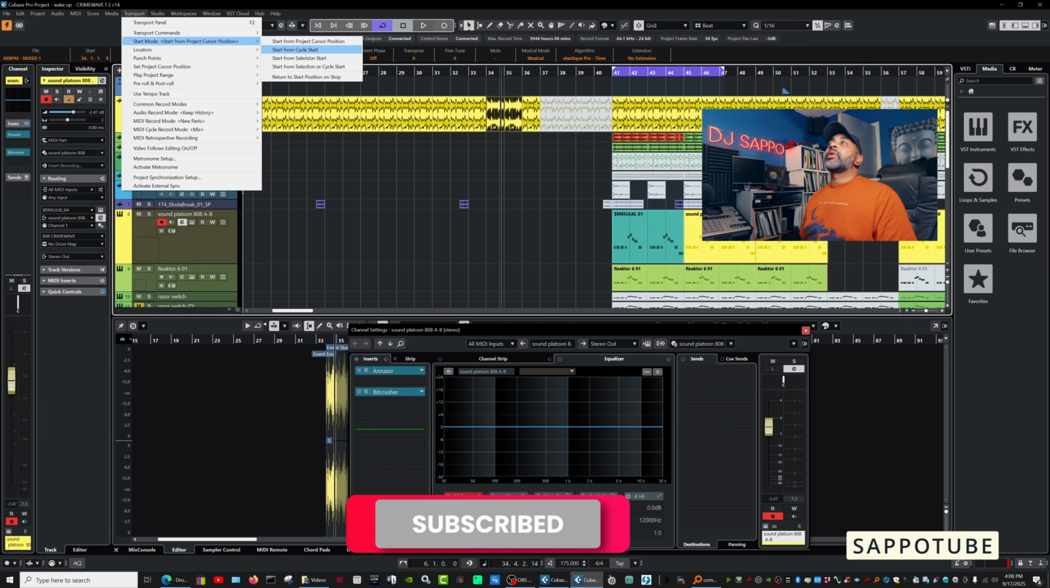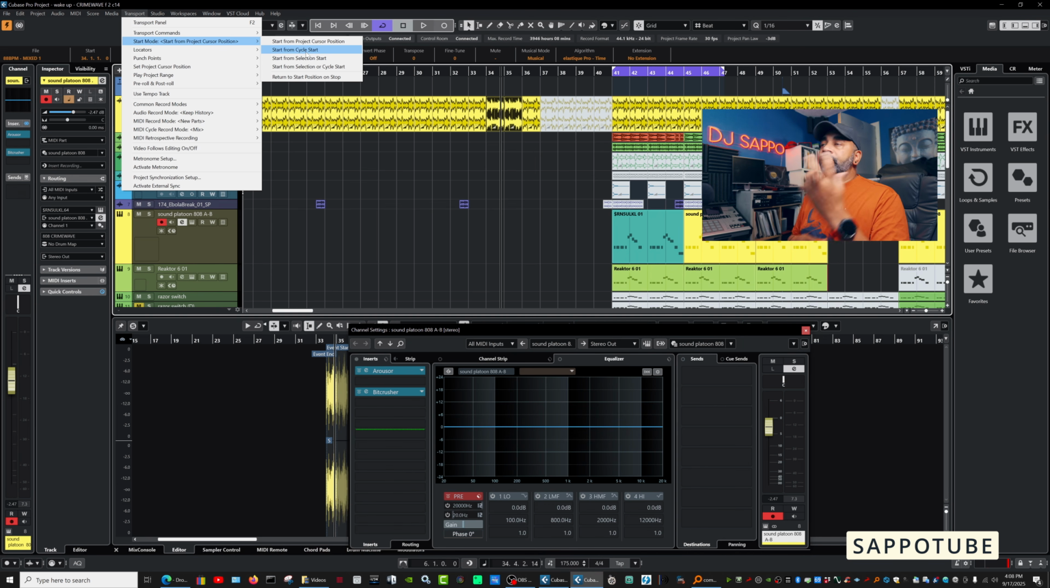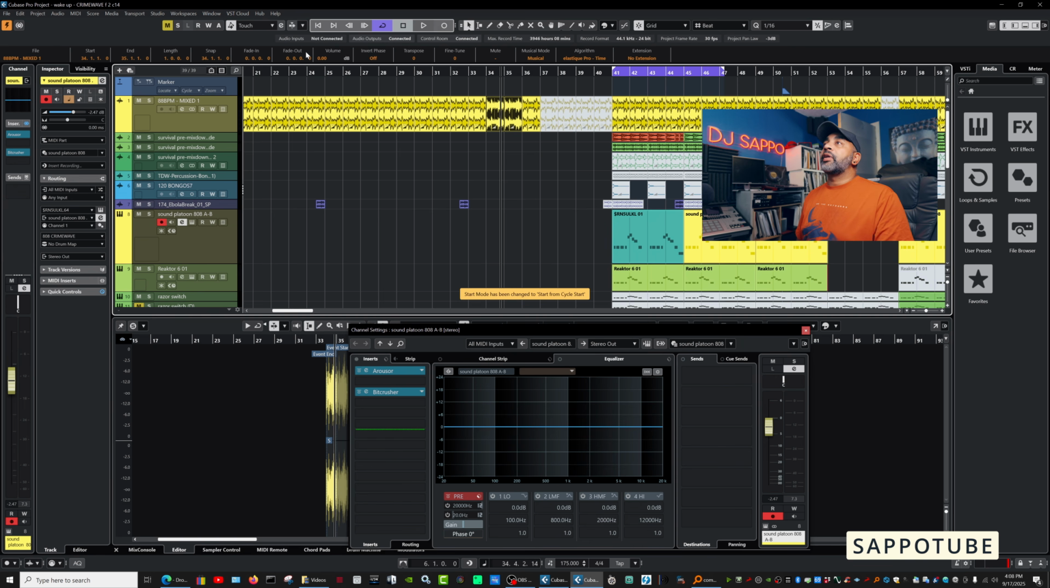And then from here, I can say, okay, I want it to go from cycle start now. So I've done that loop, I've checked out the intro. Now when I go from cycle start, I just go start from cycle start, and it's handily telling me there, start mode has been changed from cycle start. And then when I press play on the space bar on the keyboard,